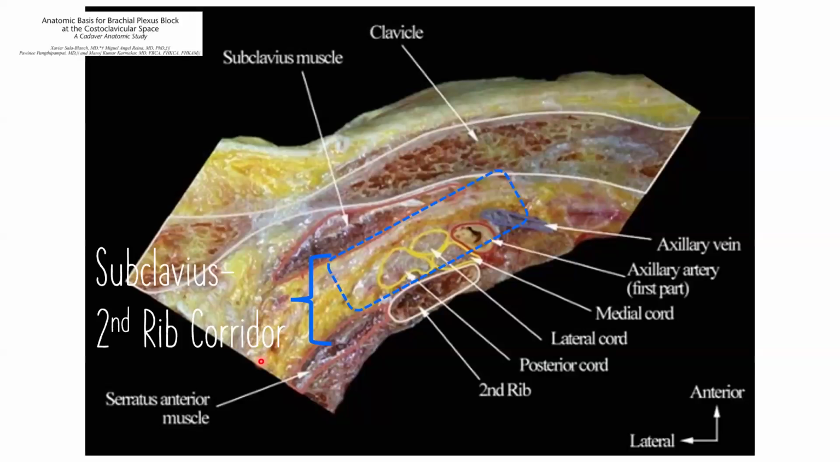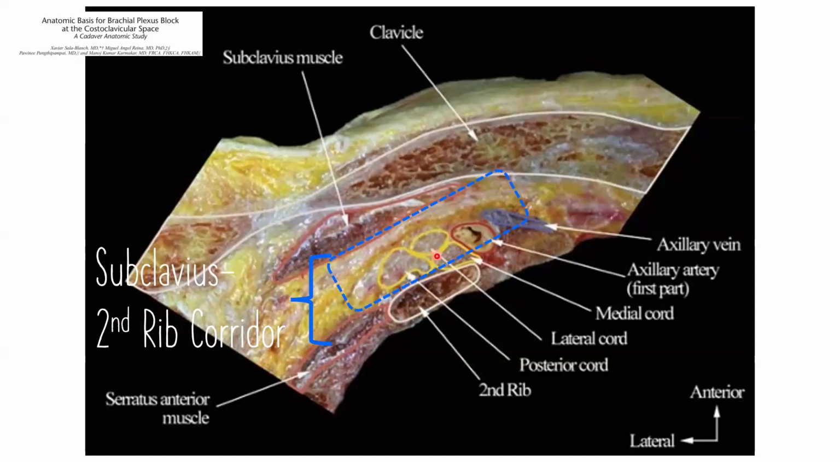Now, this is the cross section. Since I don't have access to the cross sections of the costoclavicular, I do have the infraclavicular. I am taking the help of this. I call it the subclavius second rib corridor because you can see this is the subclavius muscle and that's the second rib. So between the muscle and the bone lies the entire corridor of the costoclavicular, which begins with the